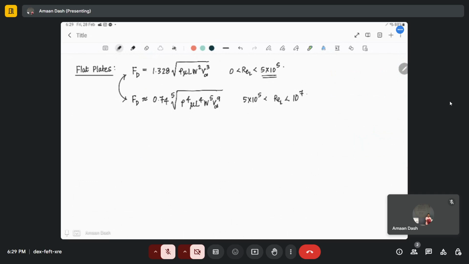So this is something that I may write as a note, that in turbulent flow, we require extra energy